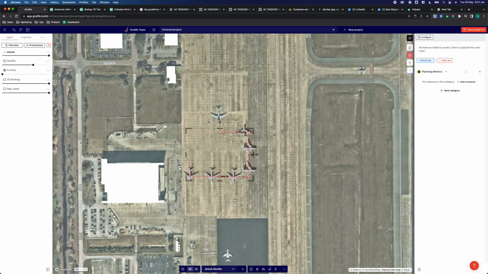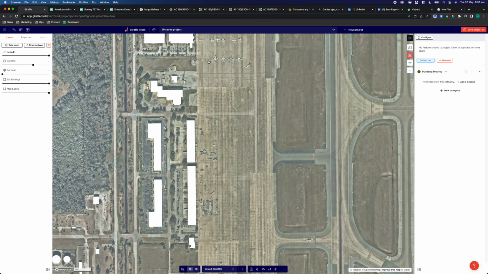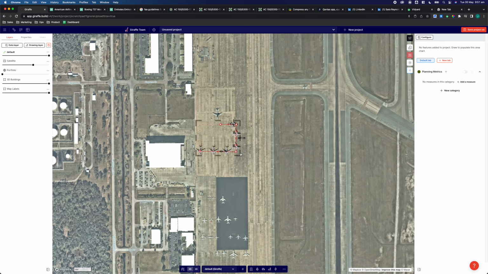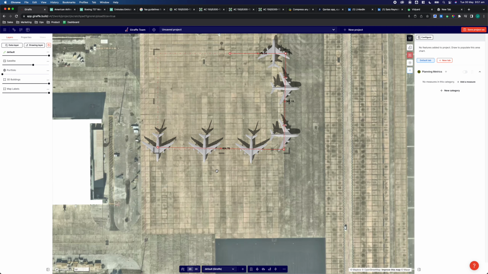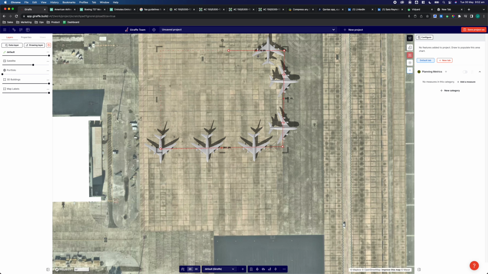I've just been exploring the option of planning out one of these aprons that seem to be used across a lot of airports to store planes of different sizes. So I thought we'd just do a quick capacity planning test with the flow builder. You can see I've uploaded a 3D GLTF here